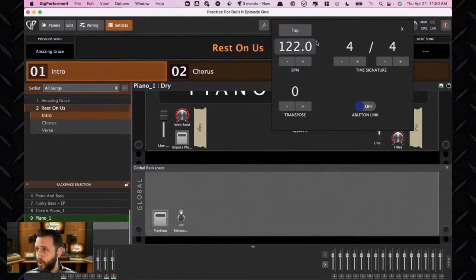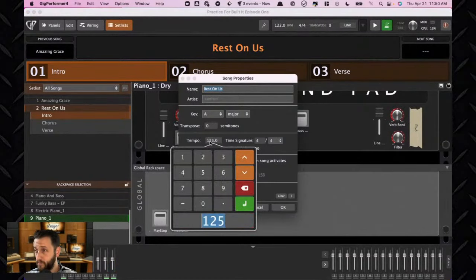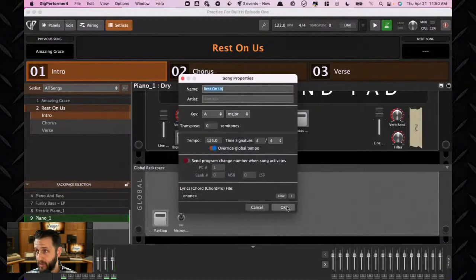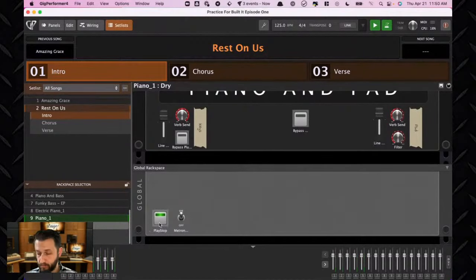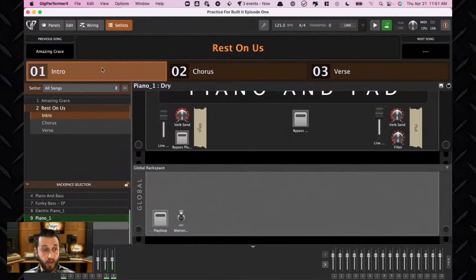So I guess we'll go with like 125 for now, and we'll see how that feels. Okay, let's hear that metronome. Okay, cool. So you'll see by default, right, we've got loaded in here our 3 songs that we saw in